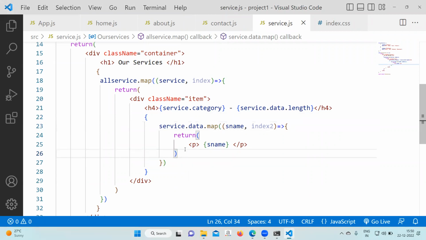It should list. Okay, after this, next work will be